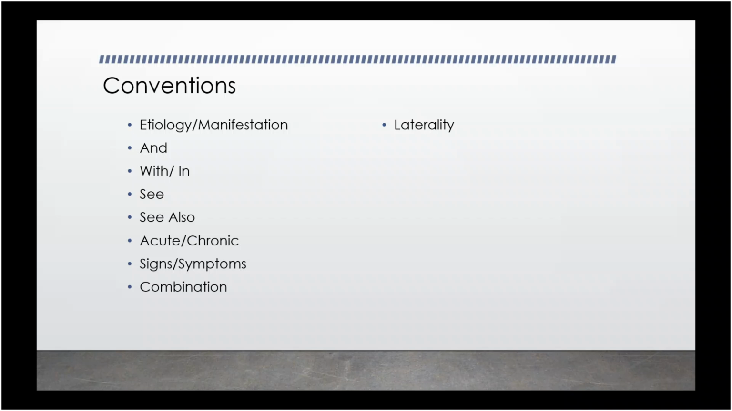Our conventions going on, we have etiology and manifestation. We have and, with, in, see also, acute and chronic, signs and symptoms, combination, and laterality. With our manifestations, they're found not only in the alphabetic index, but we can also determine that they're manifestations by what we see in the tabular. In the alphabetic index, that's where you're going to have your slanted brackets. For example,